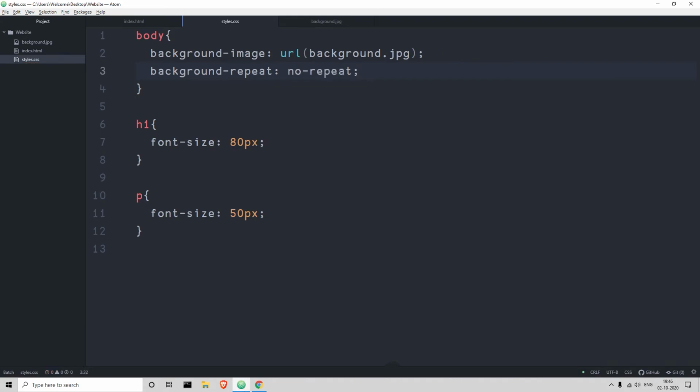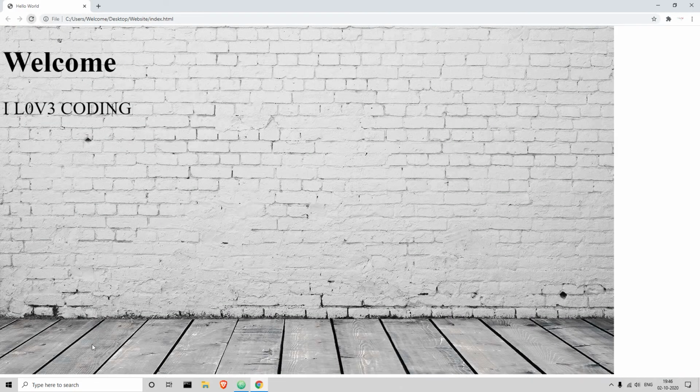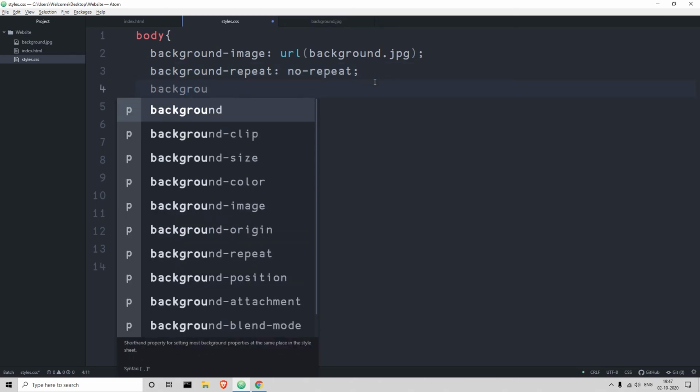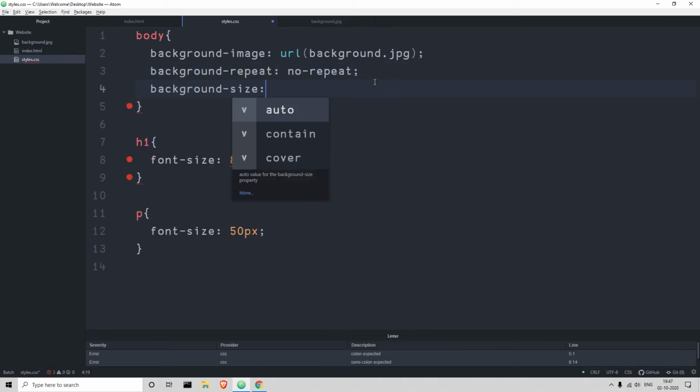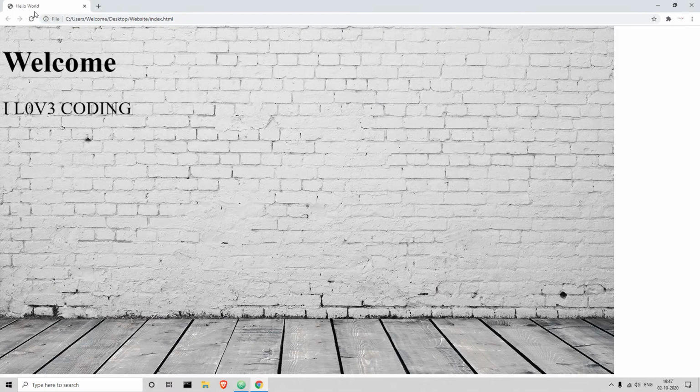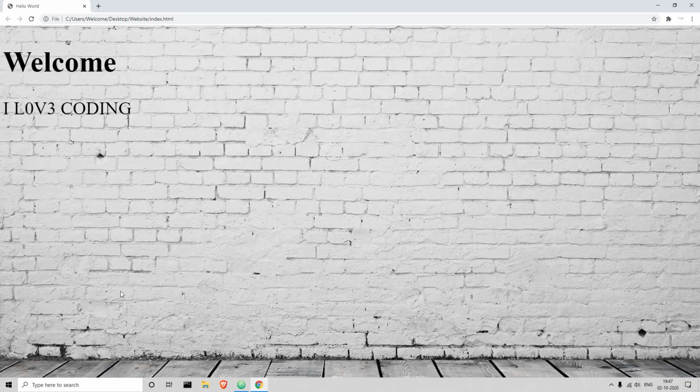We save this, we go to our Google Chrome and we refresh it. Since it's no repeat, these images don't come. But this is blank space. Nobody wants to have just blank space in the end, and also in the bottom there's a bit of blank space. So we're going to say that the background size, the size of the image, should cover the whole web page. It should be background size. We'll give it cover and we'll save this. We'll refresh it. So it has stretched the image, so the whole web browser is covered.